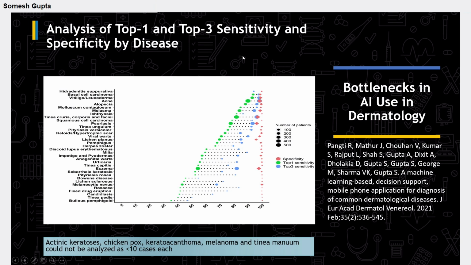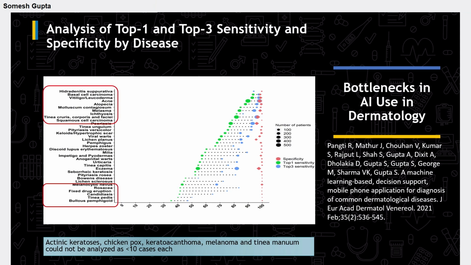What we found is that the accuracy of diagnosis varied significantly among the top diseases, and it was very poor among some diseases. Here the size of the circle determines the number of patients included in the study. You can see that the larger circles are on the top, that is higher sensitivity, and the smaller circles are clustering on the bottom, that is lower sensitivity. This suggests that the common diseases have better diagnostic accuracy, because it also reflects the training data set, in which we also have more images from common diseases.